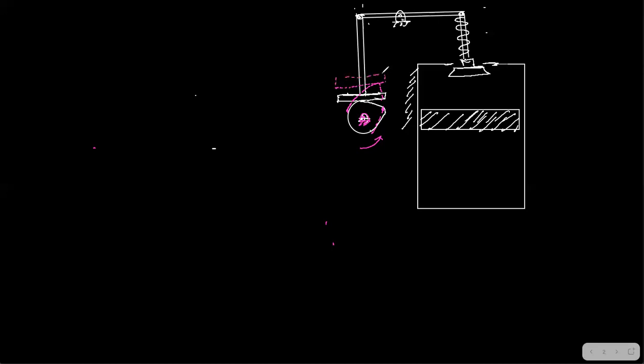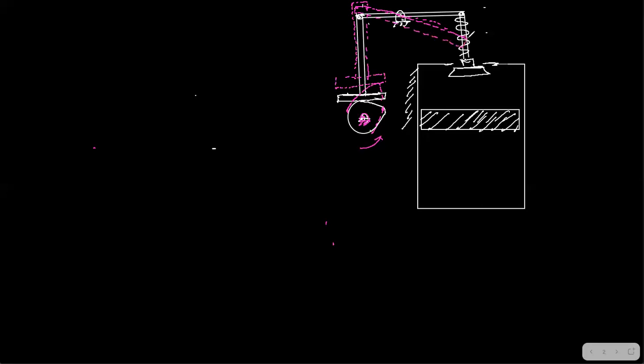So now when the follower is moving upwards, what is happening? When the follower is moving upwards, this point is going up, right? Little bit more up it will go. So if it is going up, it is pushing this link, which is connecting this valve and follower, right? The middle link. It is pushing the link about the pivot. It is pushing it downwards, right? In a straight line. It will be pushing it downwards.